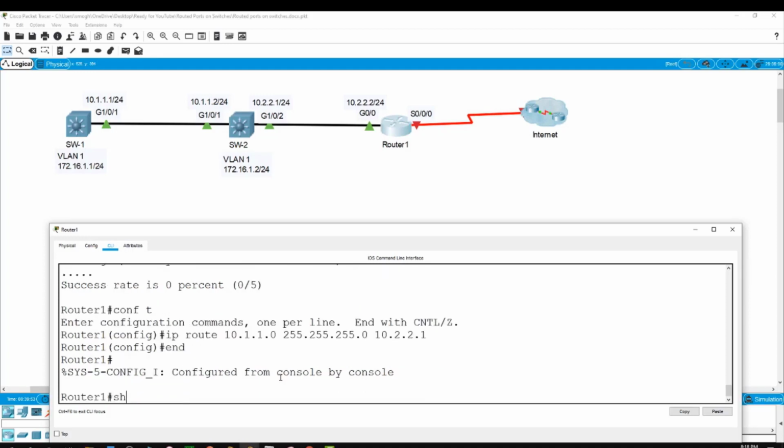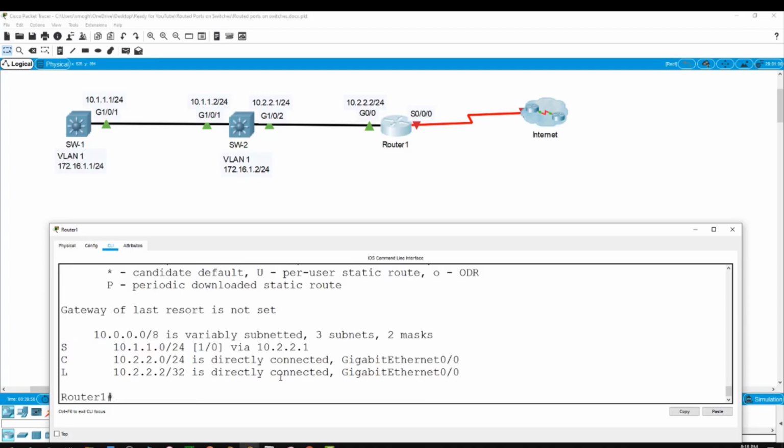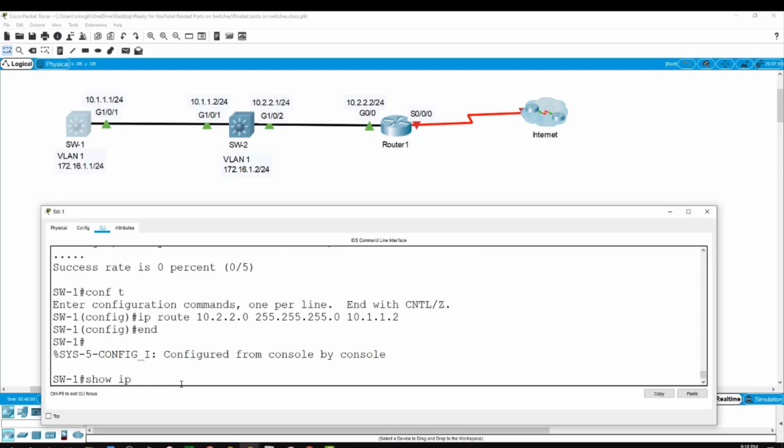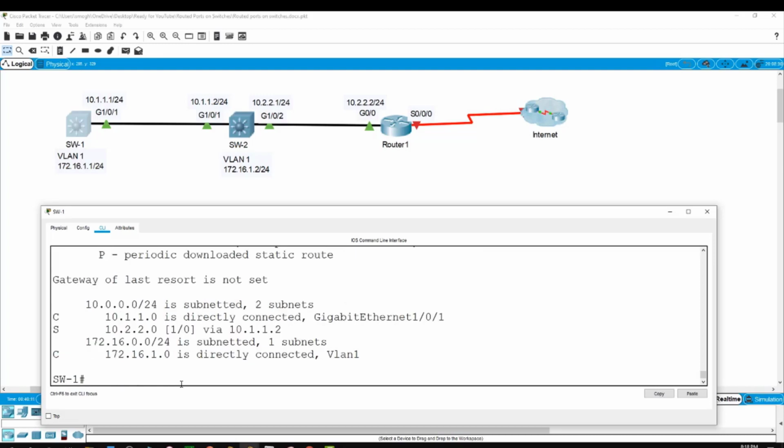I'll end from here and now show IP route on the router, and it's showing us this static route to reach this network via this interface, as you can see here. And on switch 1, I'll do the same, run this command show IP route, and it's showing us that we can reach this network between router 1 and switch 2 via this interface, or our next hop will be on this interface on switch 2. Now, if I run the command to ping this interface on the router, ping 10.2.2.2,